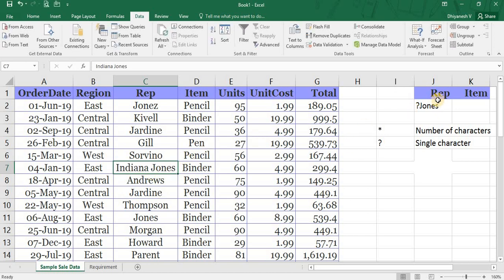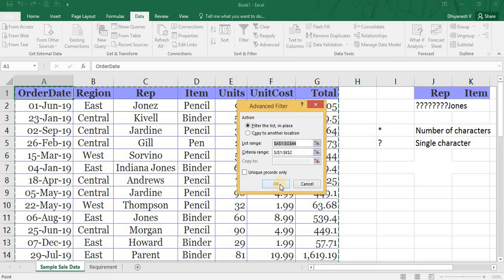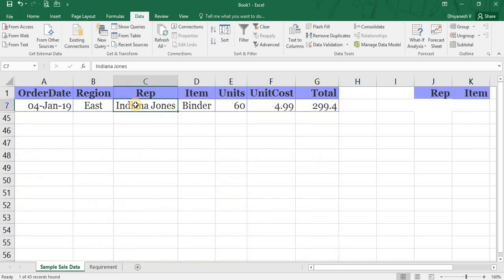So if I give here 8 question marks before Jones, and I am using this advanced filter option, you can see Indiana Jones alone.